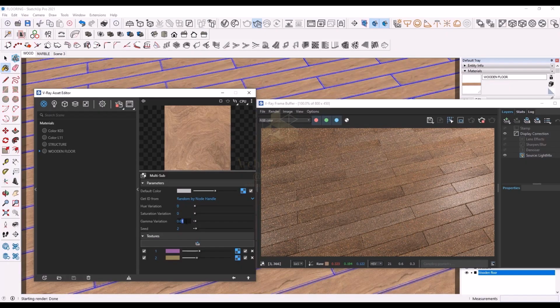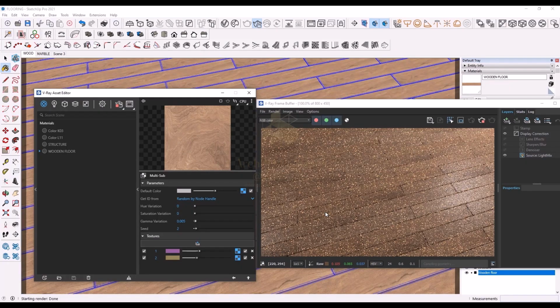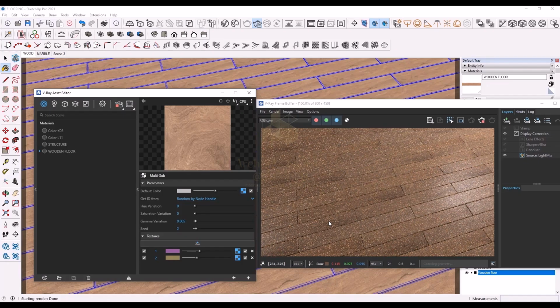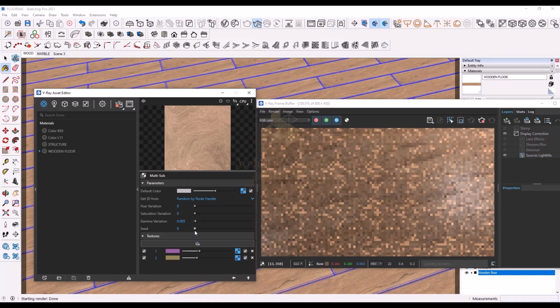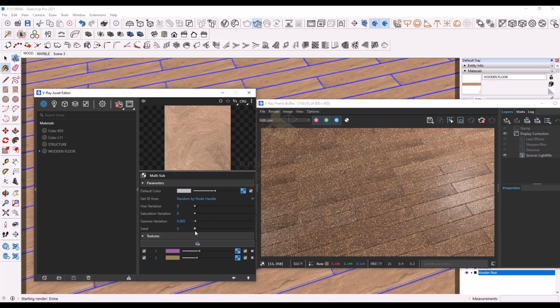Keep it around 0.005, otherwise it wouldn't look close to real world texture variation. Adjust the seed number till you get the texture according to your preference or design brief.